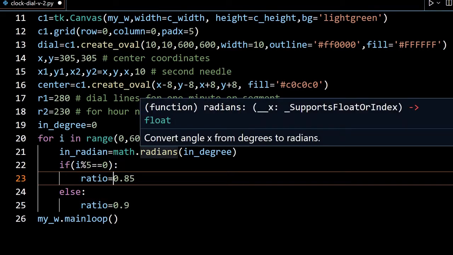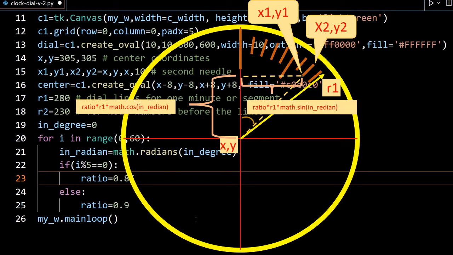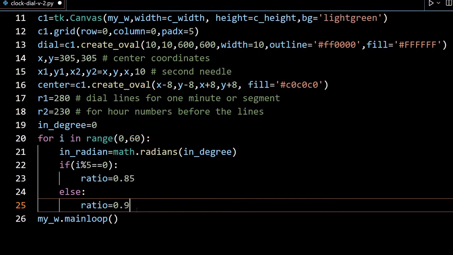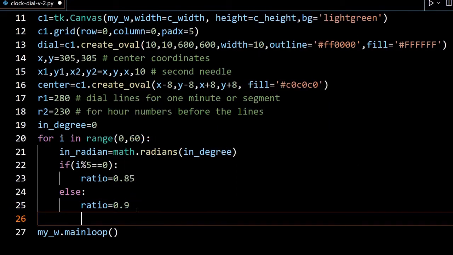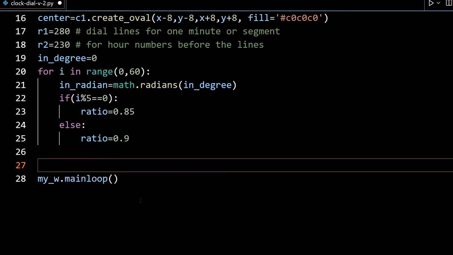So if it is every fifth line, like 5, 10, and so on, the segment should have a bigger length. That is why we have taken the two ratios. One is that every fifth line should be a bigger line, because 5, 10, 15, like that. Now let's go out of the condition. Now my conditions are set. I have not written anything here about the text part. That we will do in the second stage.